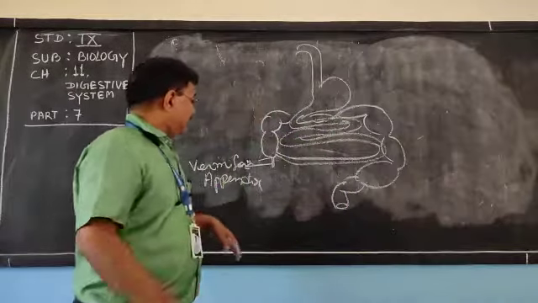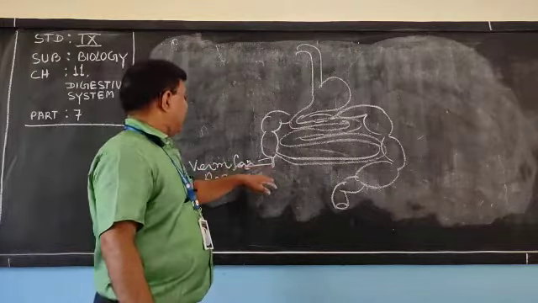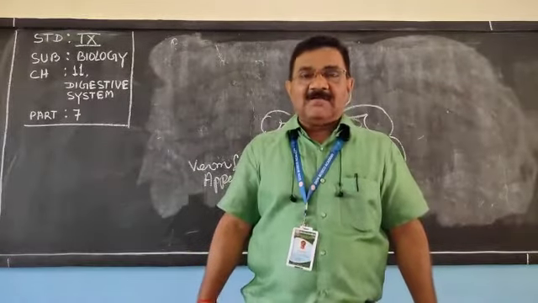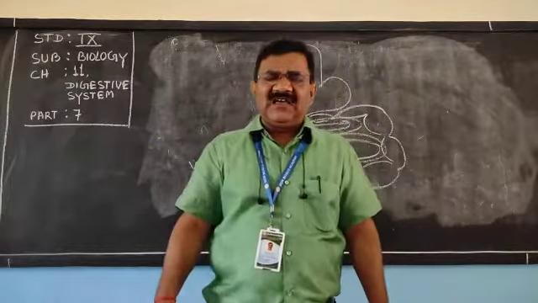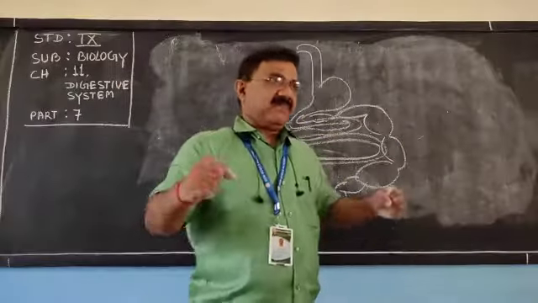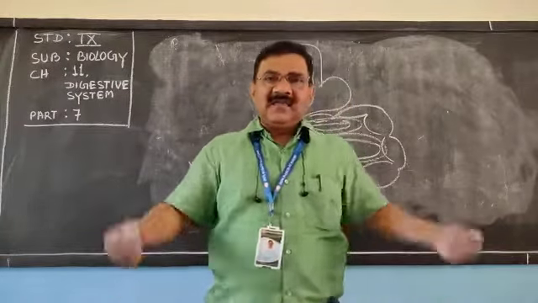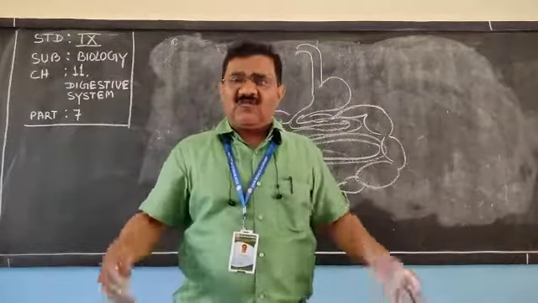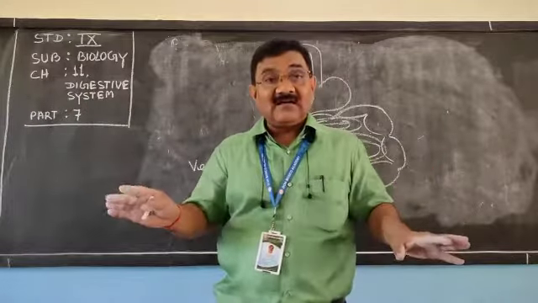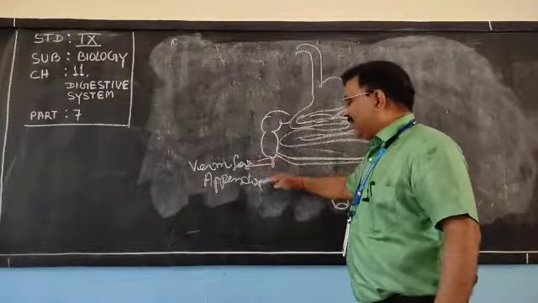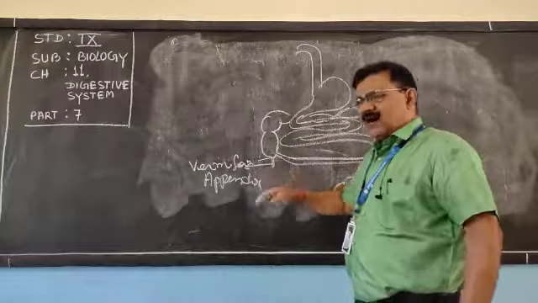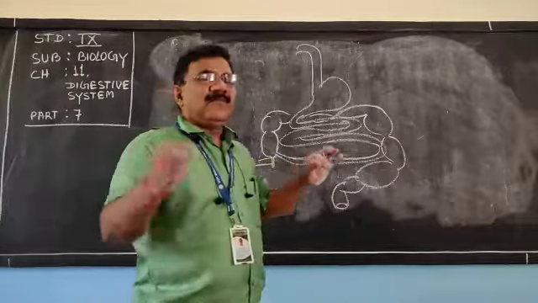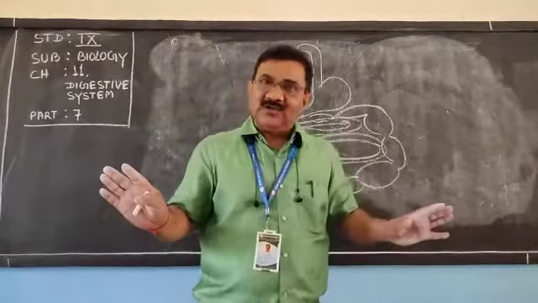If we are able to digest cellulose, it means our appendix is functional, like in other herbivorous animals, elephant, buffalo. They eat green grass only, and how powerful they are. But thinking that an elephant can graze grass or leaves and become so strong, why can't we? We can't, because our vermiform appendix is not functional. Earlier it was functional, now it has become a vestigial organ, meaning such an organ which has no use.